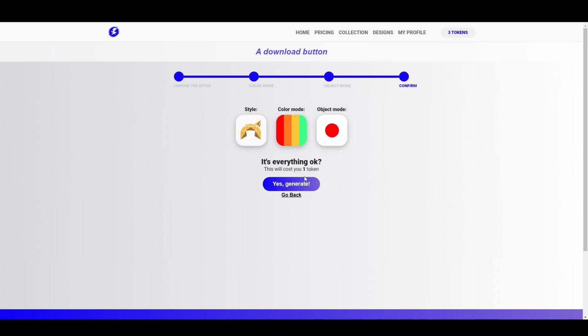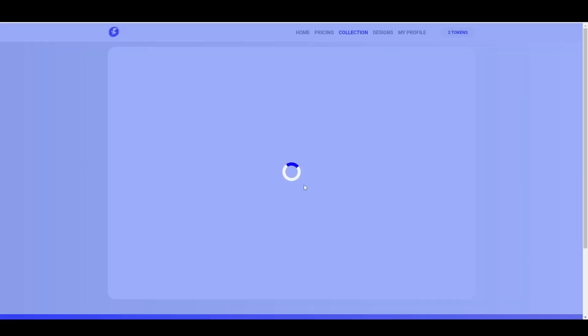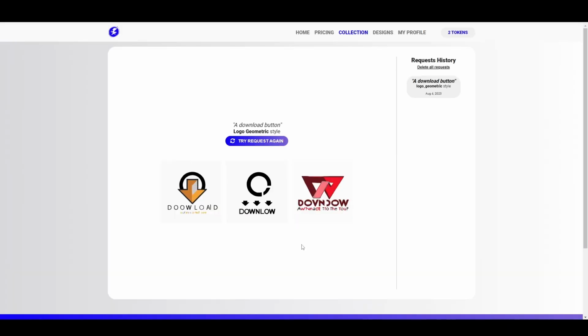So I'm going to click on generate and it's going to use up 1 token. Now seeing that I've only got 3 tokens left, hopefully this should be okay. And we're just waiting for the AI to generate a download button, hopefully. Okay, so it's given us 3 different vectors,